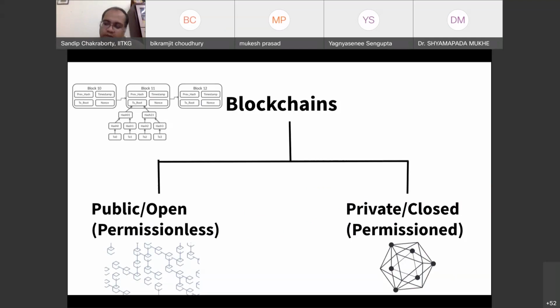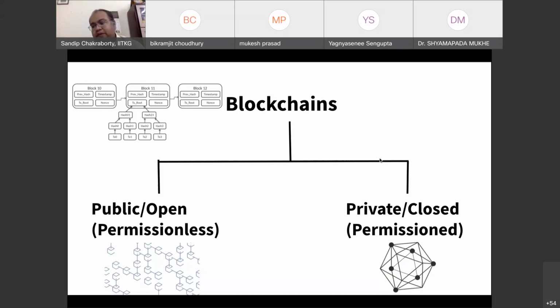One is the public or open blockchain architecture, which we call the permissionless architecture. Another architecture is a private or closed blockchain network, which we call the permissioned architecture. Typically in a public or open network, anyone can participate in the blockchain platform. So the classical cryptocurrency-based applications like Bitcoin, or even smart contract applications like Ethereum, use a permissionless model where there is no restriction about who can join the blockchain and what they can do on top of it. Rather, anyone can join the network and start initiating transactions.